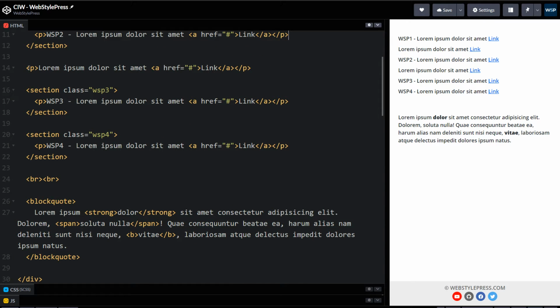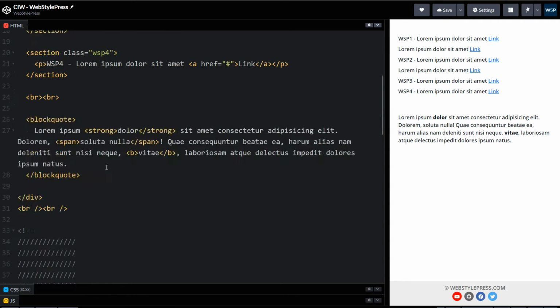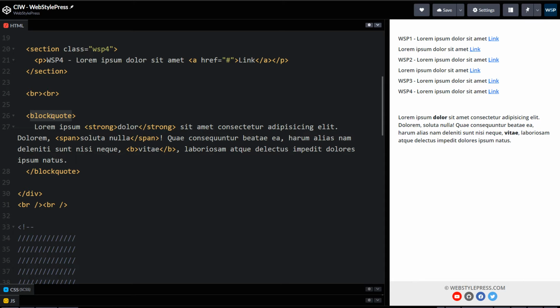And then a simple paragraph with a link, and here a section with class WSP3 with a paragraph and link, and a section with class WSP4 with a paragraph and link. Then we have got a blockquote. Inside we have got some tags like strong, span and b.